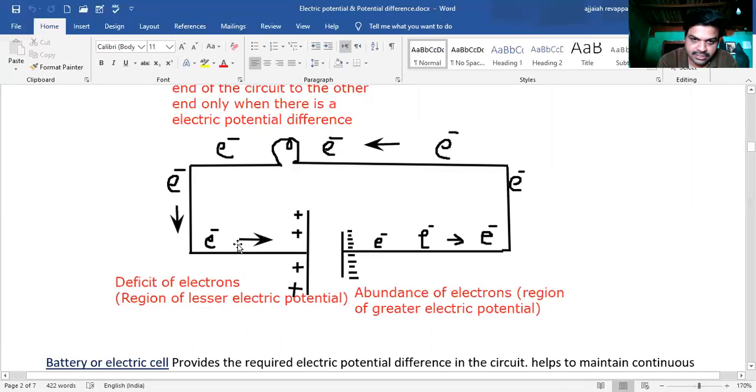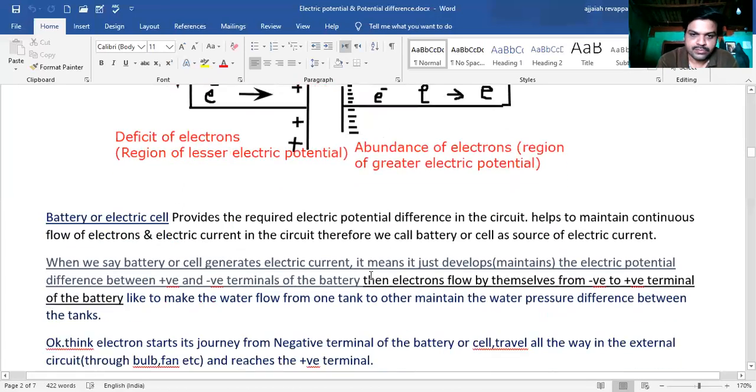This is the external circuit in which the bulb is connected. You can connect even other electrical appliances. That is an external circuit. So fine. Now,